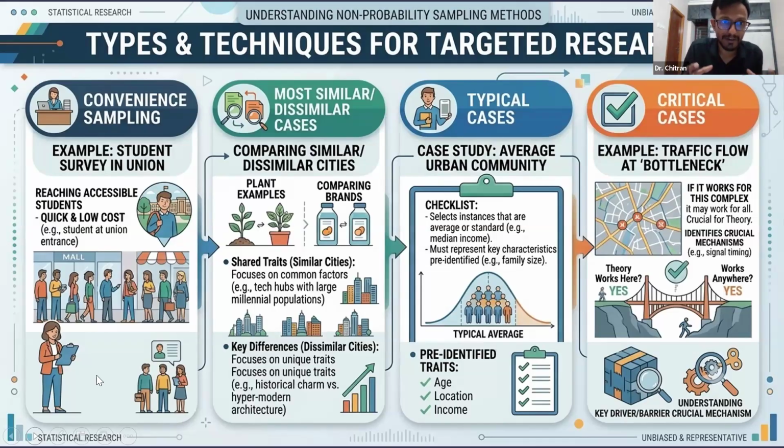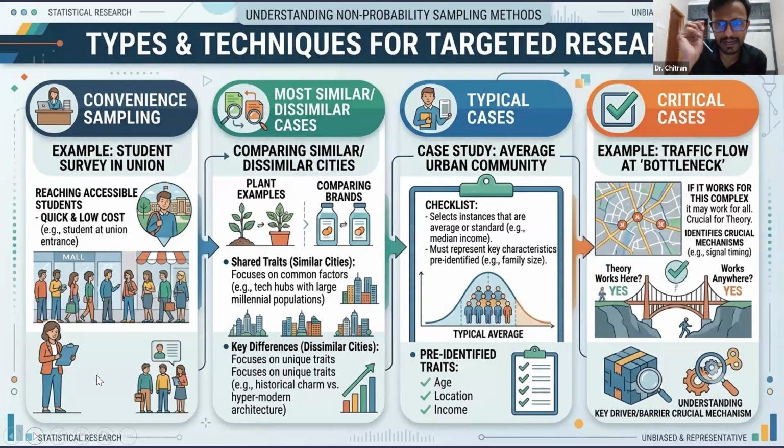Basically, that's the idea of non-probability sampling: it is out of convenience that you are choosing. Everything is based on convenience, that you are choosing your field, right? And then there are typical cases. These are very technical aspects: typical cases, where you take an average, for instance the family size. So you're basing your work on certain averages. Going into the specifics would be a bit complicated, but in a nutshell, non-probability sampling is based on convenience and access, which may lead to bias, right?